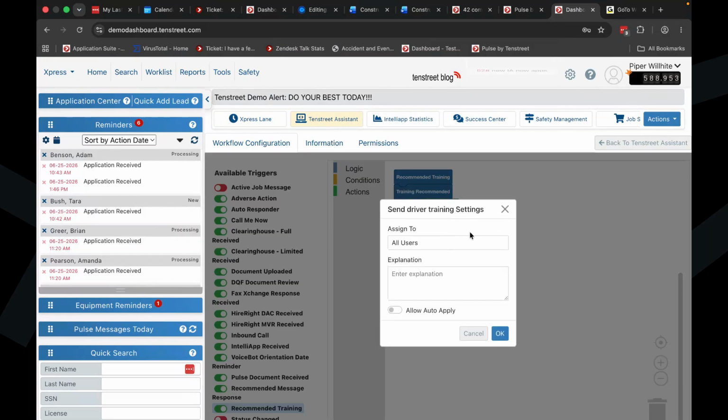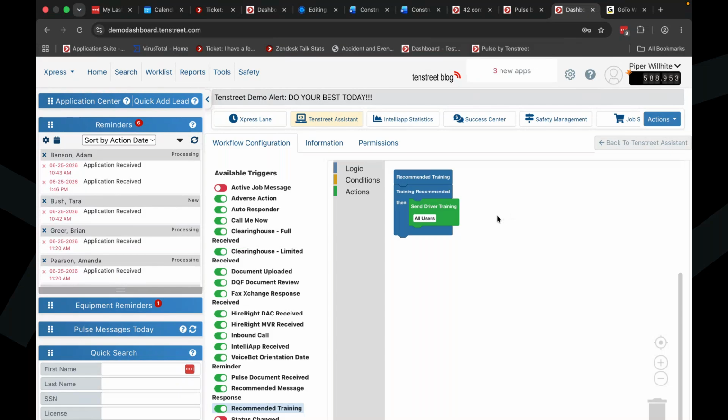Right now, the next step for that is to review which driver you're getting the notification for, and decide whether you want to send this training. What I like about this is sometimes you do want to just review the training before it goes out. So if you don't want it to go out automatically all the time, what's nice about this is you do